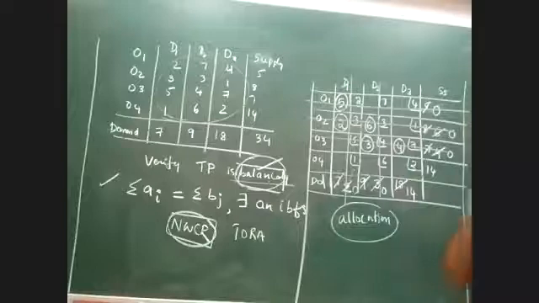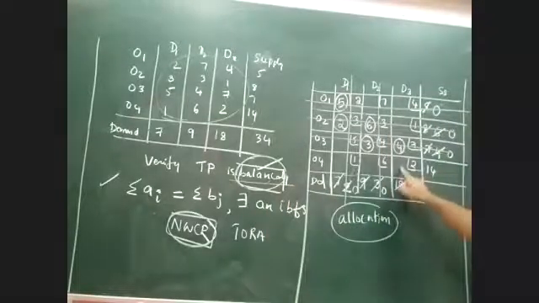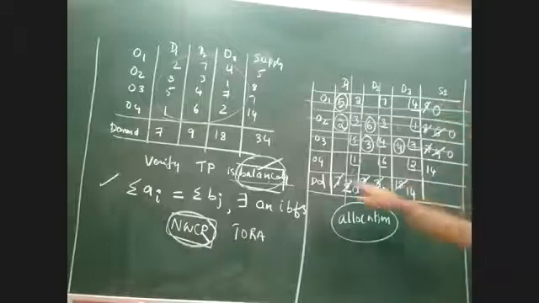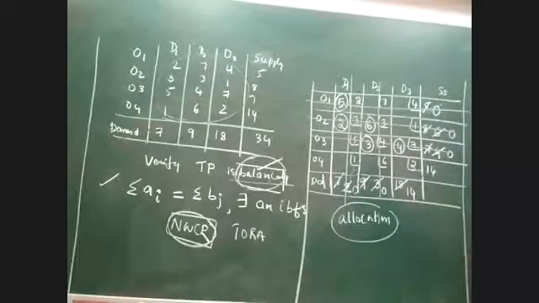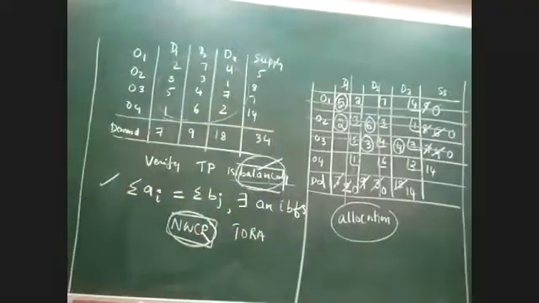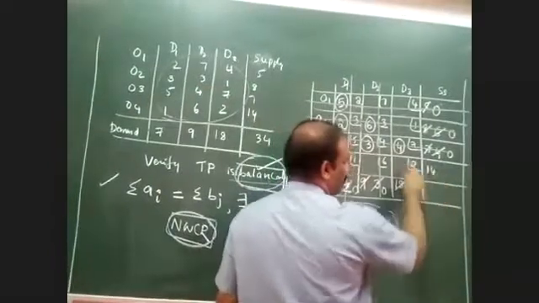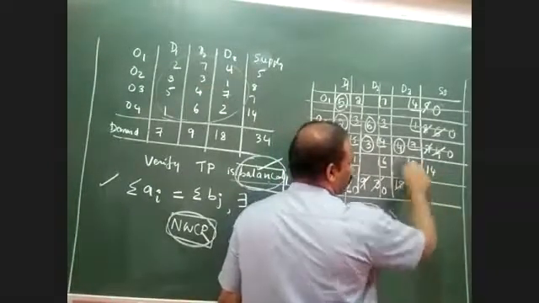If your problem is solved correctly, you will always be left with one value at the end. If your value is correct, the supply and the demand value will exactly match. One last value, so equal. Otherwise, it means that you have made some mistaken calculations. Now you can see that everything is 0 and the last values are exactly matching. So 14 and 14 are there, and the only element left for allocation is 2.